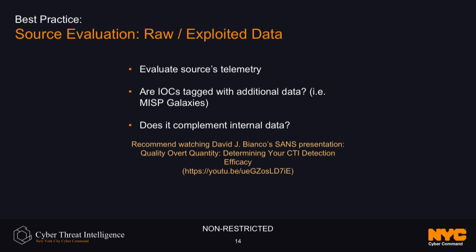Second, make sure that your IOCs are tagged with additional data. IOCs themselves, without context, as you all have experience, are practically worthless, right? You want to make sure that this IP is perhaps a C2 infrastructure for this one group. And I personally prefer MISP galaxies because it's very nicely categorized. That's just my bias.